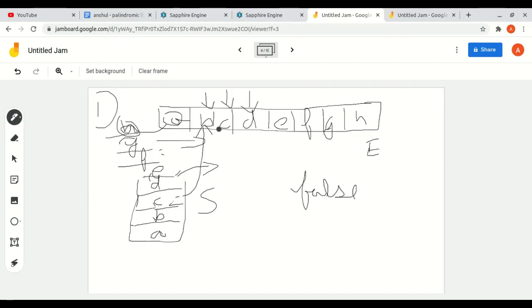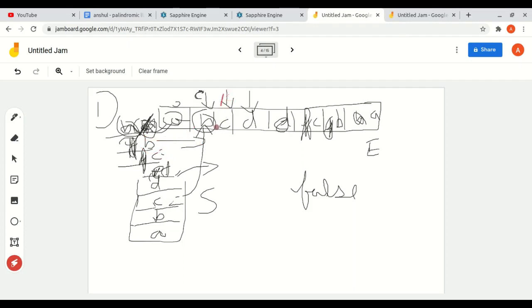Suppose we make it a palindrome: A B C D, and then D, C, B, and A. Now our topmost element is A, and A is equal to A. In the next iteration, we pop out this A and move our pointer from this to this, which is now at B. This is the same, so we continue.